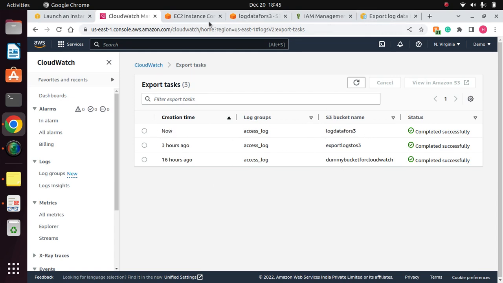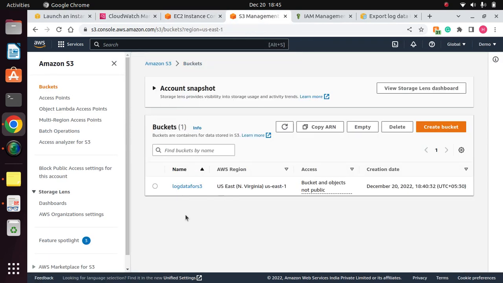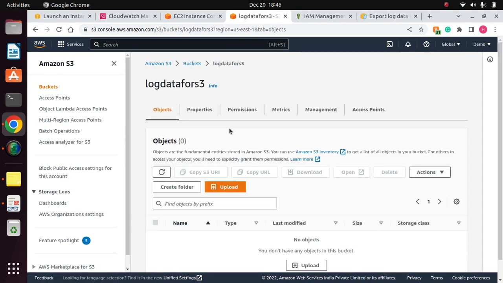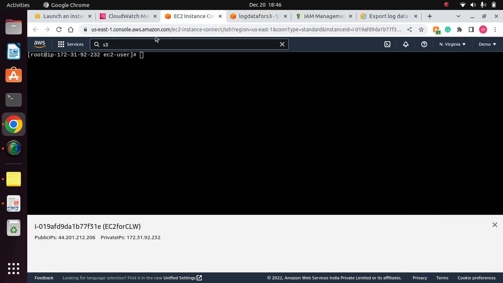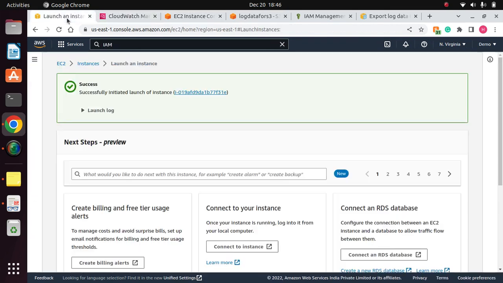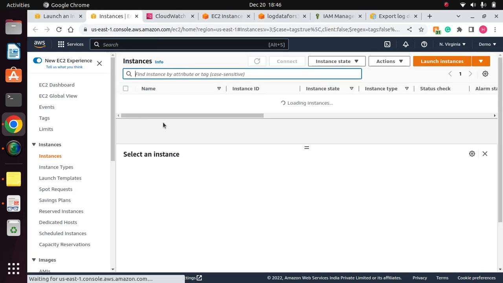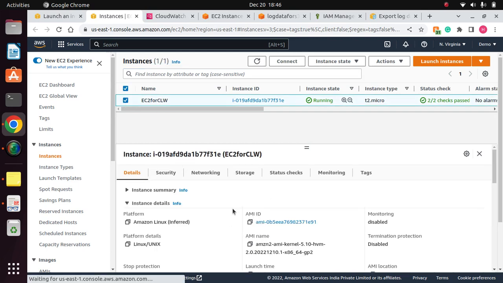So now we need to check whether it is going to export to the S3 bucket or not. So this is our S3 bucket, and let me go inside. Okay, there is nothing accumulated in the S3 bucket for now. So what I do, I simply go here, and this is the EC2 instance. This is the EC2 instance, and I simply copy,